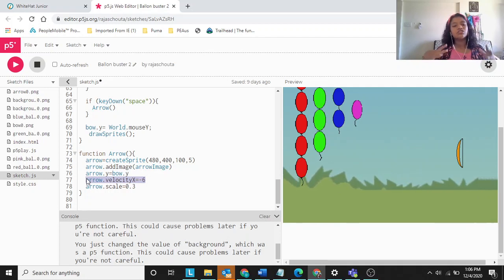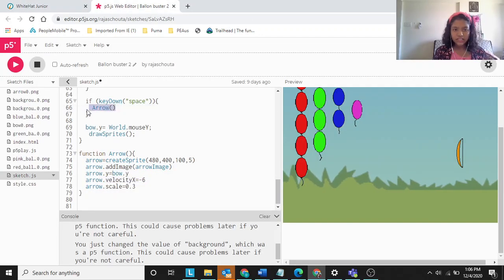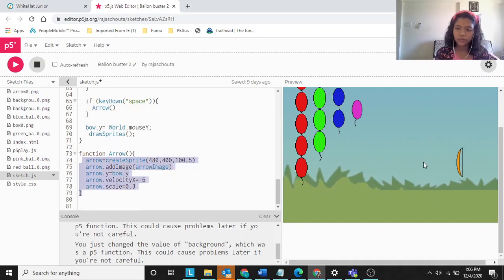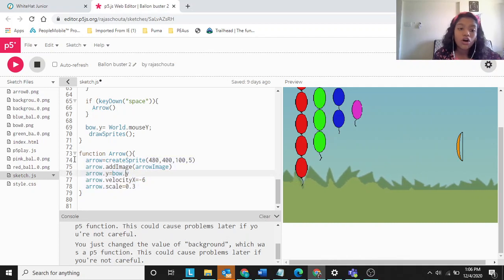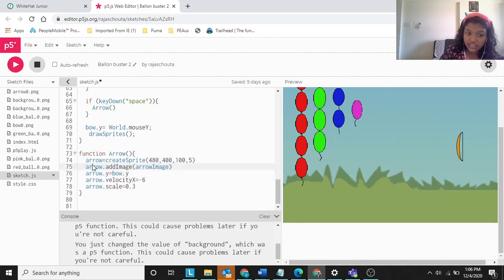This is the way I did it, and if you like my way, you can go my way, or you can go the White Hat Junior hints way. It doesn't make a difference, and I think this is less code, because you just need to do this much and then make a function. So whenever you press space, all the things in function arrow should be applied. And what is given in function arrow?